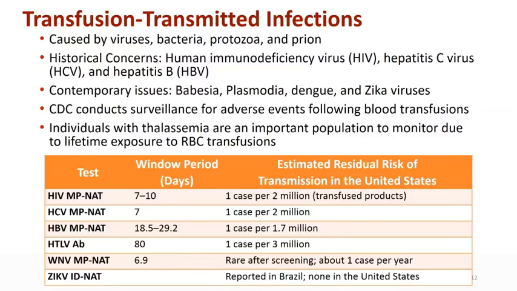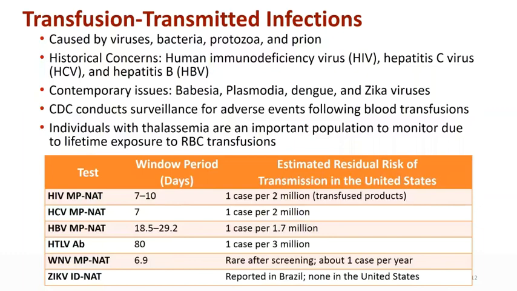Transfusion-transmitted infections is an ongoing changing problem for the transfused patients. And the organisms they are getting are changing, and the CDC is developing new technology to try to detect the newer contemporary infections. Historically, and in countries that don't have access to adequate testing, hepatitis B, hepatitis C, and HIV were very serious problems. Recently, babesiosis, plasmodium, Dengue, and Zika viruses are on the upswing.